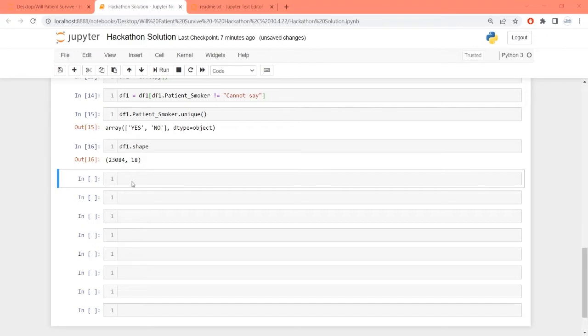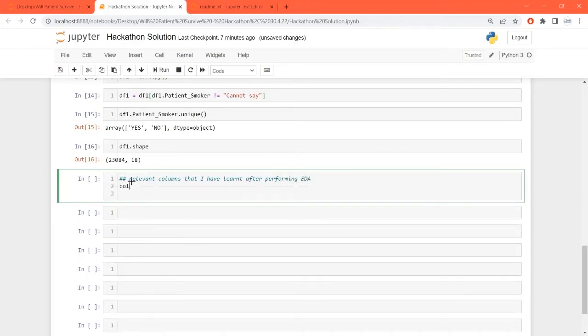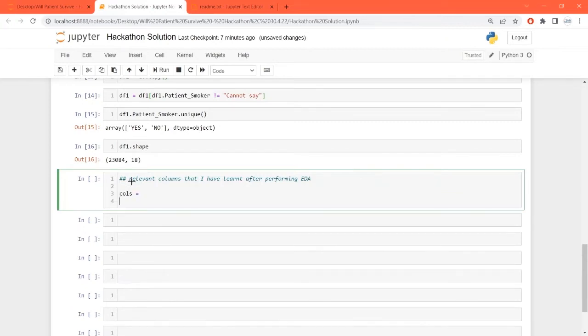The relevant columns that I have learned after performing EDA are as below. Yours can be different. You can keep all of them, you can keep one of them, it's all your choice.